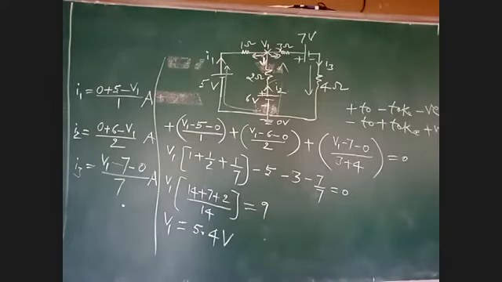That's all about this problem. We have determined node voltage. While determining node voltage, don't look at the actual direction of current. We have to assume all the currents are leaving from the node point. We have to consider only assumed directions. But when you are determining the actual current, forget about the assumed currents. Go for the actual direction of the current. These 2 points you remember. While determining node voltage, consider only assumed directions. If you remember this point, it will be very simple. Otherwise, it will be confusing.